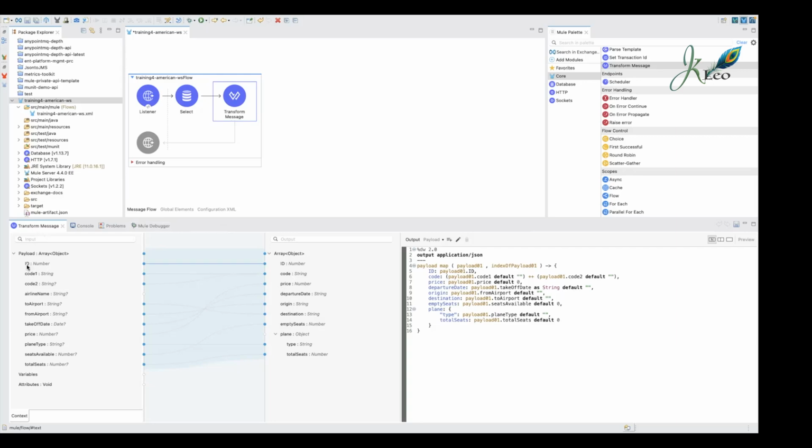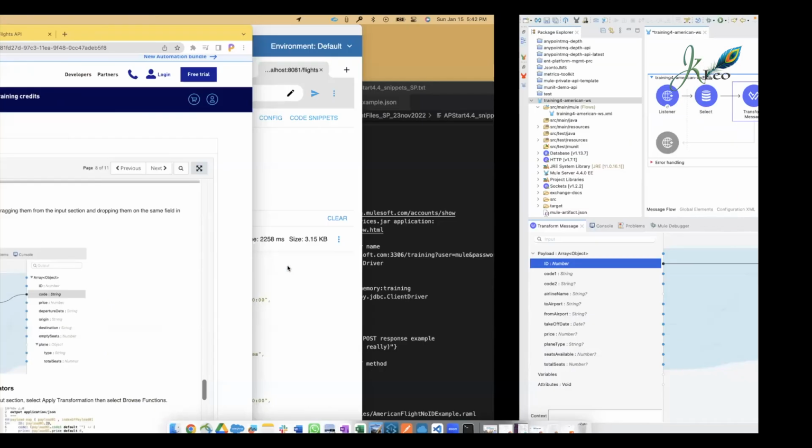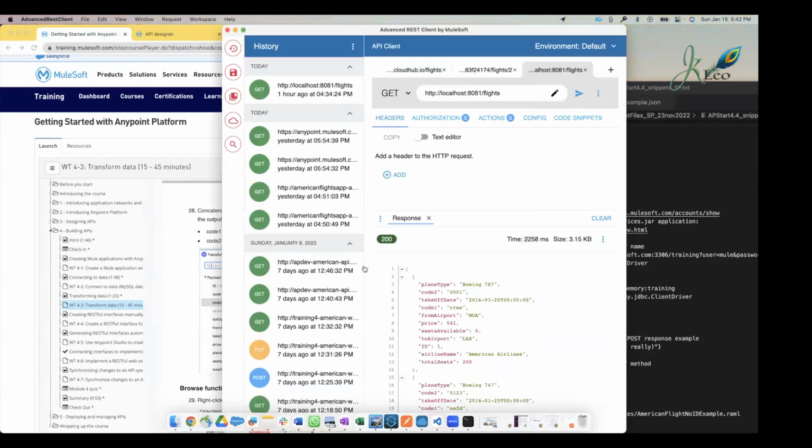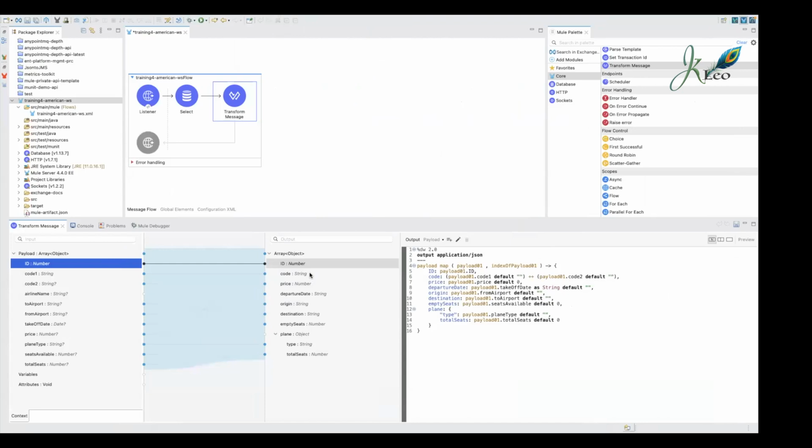So the column names from the database, here ID, we are mapping it to our JSON object here, ID. So here we are getting some response, right? So we are tagging the column name to the field name basically. So here ID we want, which is payload.id. Payload means which is coming inside